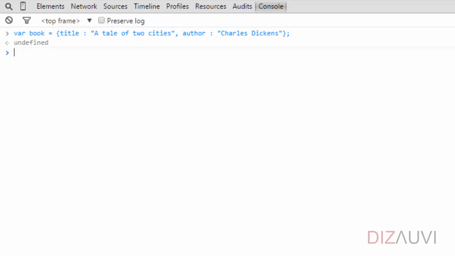Now to iterate over each of these properties of the book object, we use what is called the for in loop. And the way it works is we say for, then within brackets we can say var p in book, then open and close curly braces,